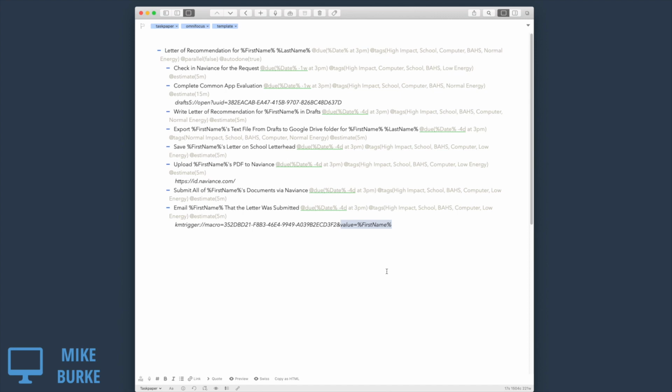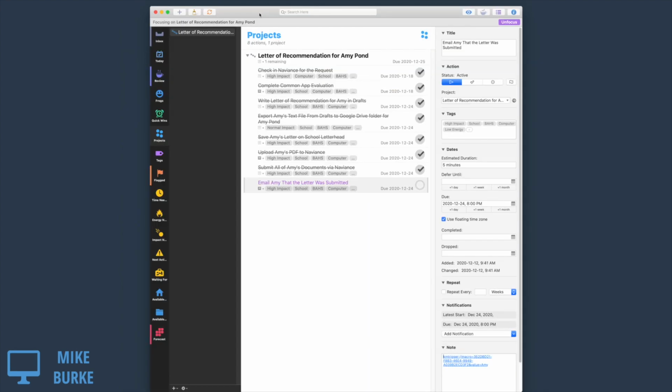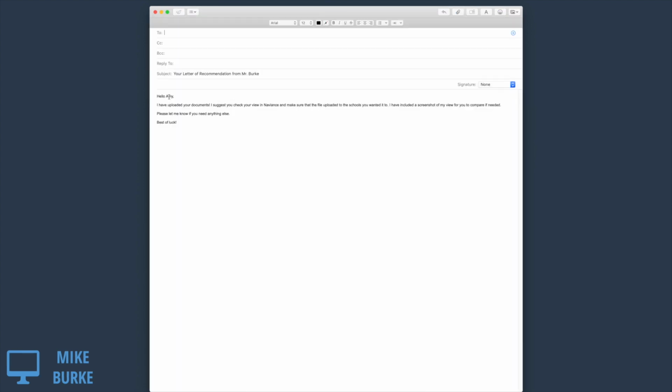When I click on the link, it automatically addresses the email with my pre-written message to the student in the Mail app. I type in their email, which auto-completes. I attach a screenshot of my upload confirmation and finish this project by sending the message. Multiple apps, devices, files, and emails later, I've completed the multi-step process for writing this letter. Since doing things this way, I have never missed a due date.